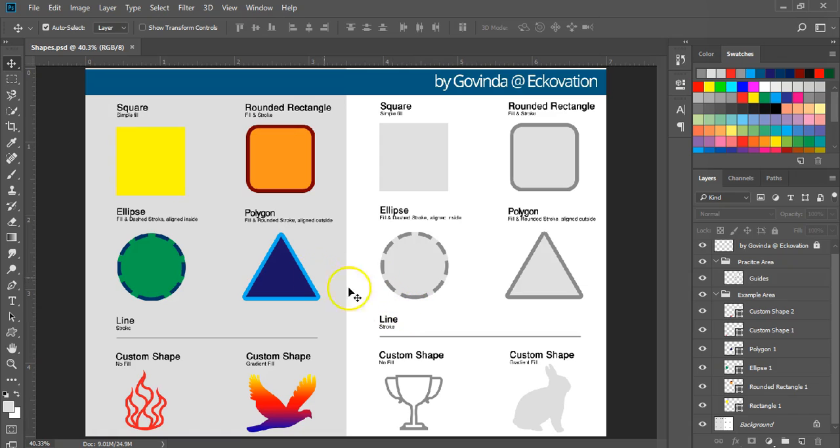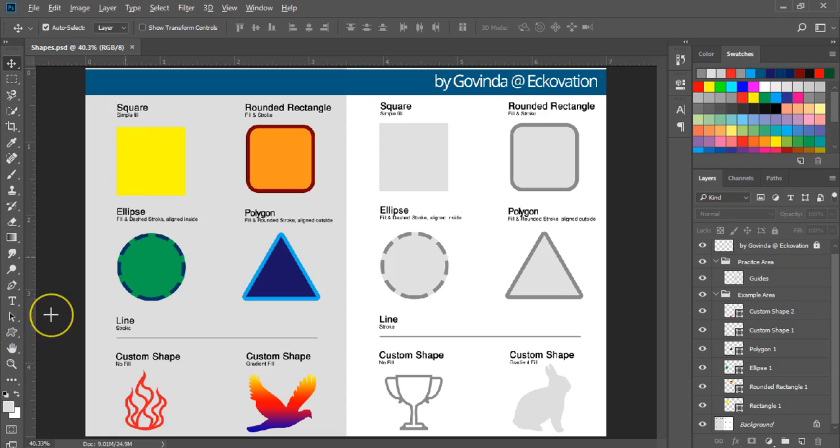Now we have already talked about how to create shapes with the marquee tool. So I will not go into the basics of it, and we will directly create shapes on our practice area. But before getting into creating shapes, there is one more tool you need to know about. It's called the path selection tool. In order for us to edit a shape layer, we will need the path selection tool. It is located just below the type tool and is shaped as an arrow.